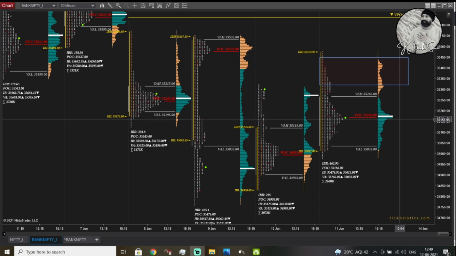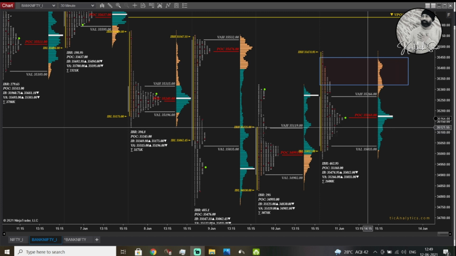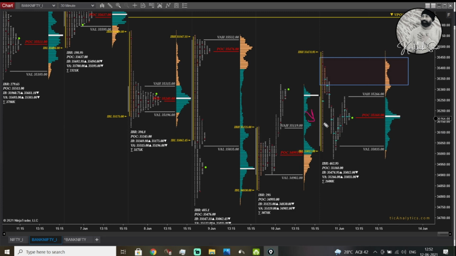In the second video, we saw the terms used in market profile. You know that already: tails, which we saw yesterday, and IB. IB is the very important thing now, because with IB only we are going to form the day types. We are going to name the day types with IB only, right? We'll see one by one.